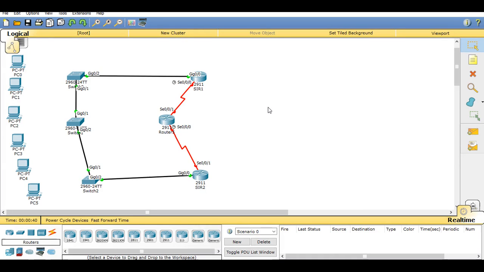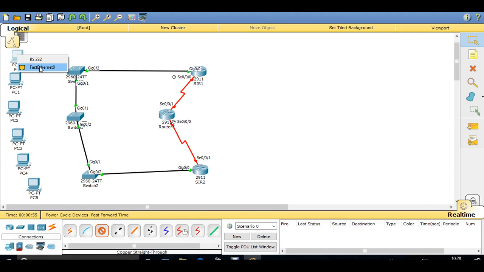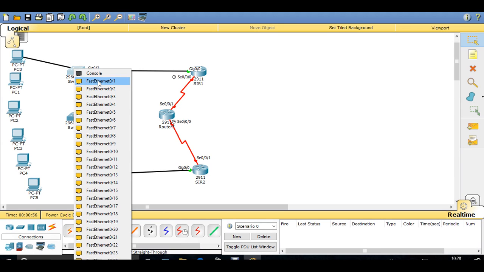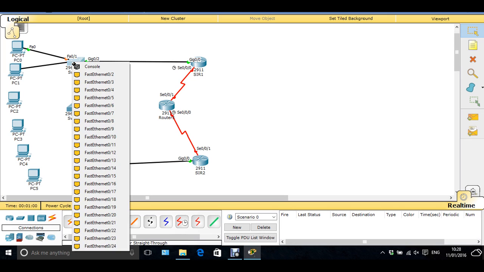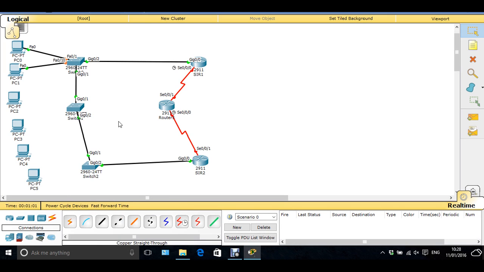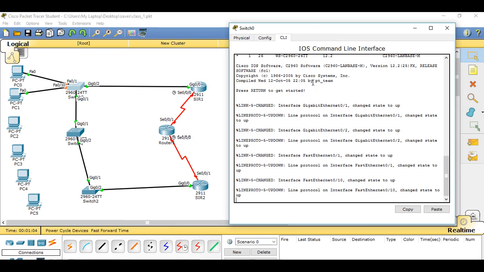This is the second video in our 6 Network Packet Tracer Lab series, and in this video we'll be configuring our 3 switches and attaching our 6 end user PCs for testing VLAN 1 and 10. So the first thing we're going to do is attach the cables to our end user PCs on switch 1. We go Fast Ethernet 1 and Fast Ethernet 10 for VLANs 1 and 10. We're going to open up switch 1, CLI,